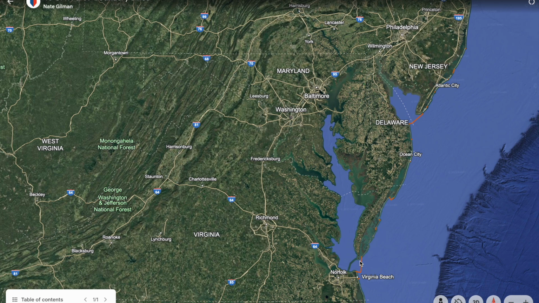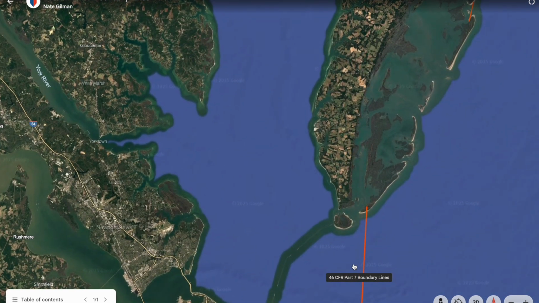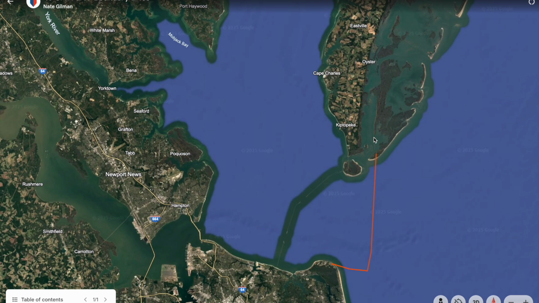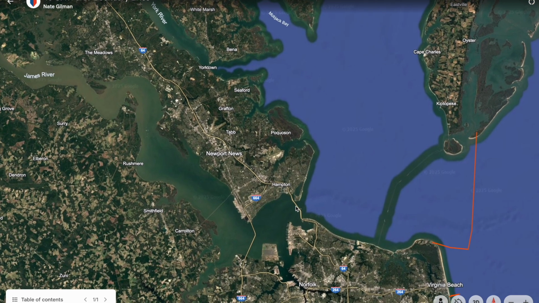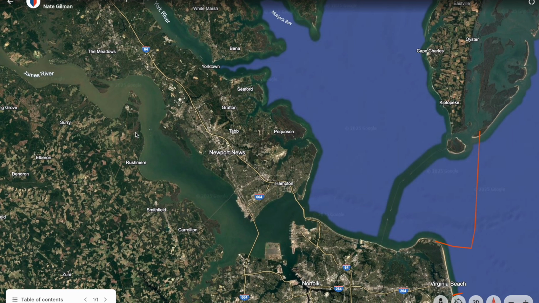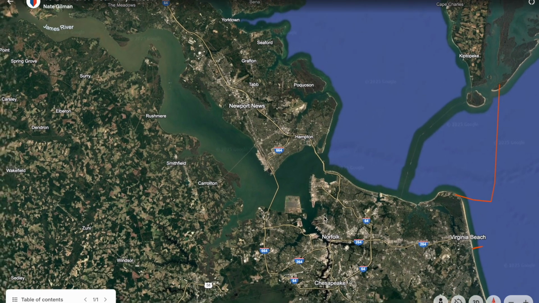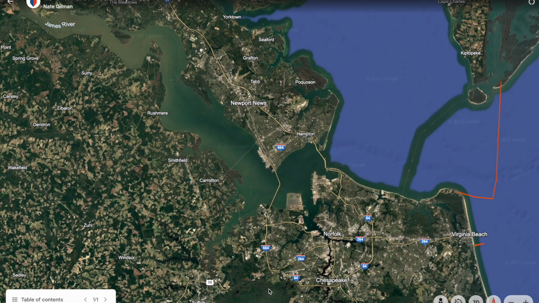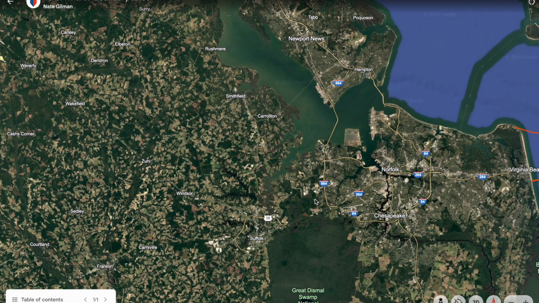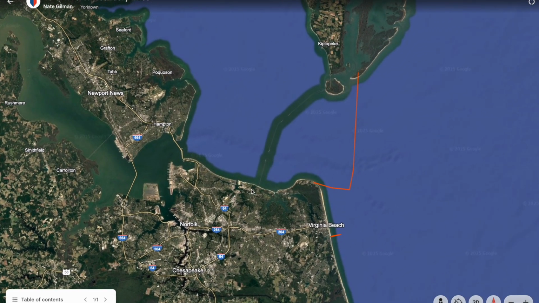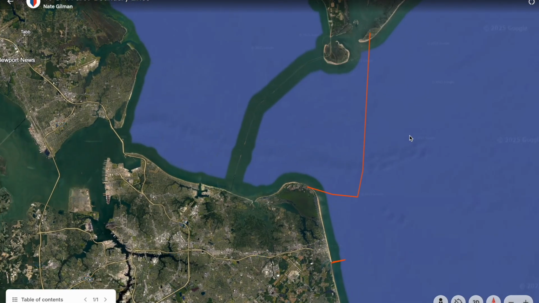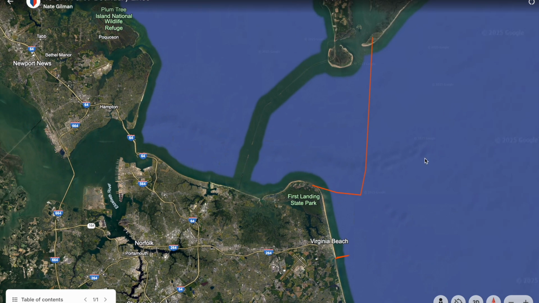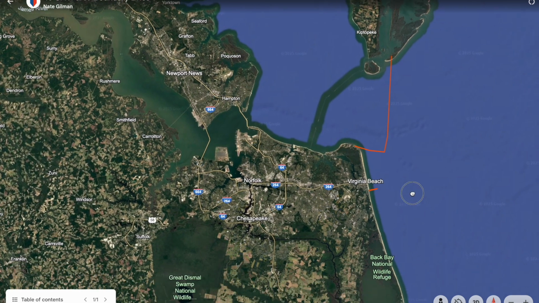This is all inland. But as we come down on the tip, you can see this is all going to be inland. This is all going to be near coastal. This is all going to be inland up the James River, up the York River, Yorktown, Newport News, Norfolk. All the ICW as you start going through the Great Dismal Swamp, that's all going to be inland as well. But the second you touch out here into the Atlantic Ocean, that becomes near coastal waters.